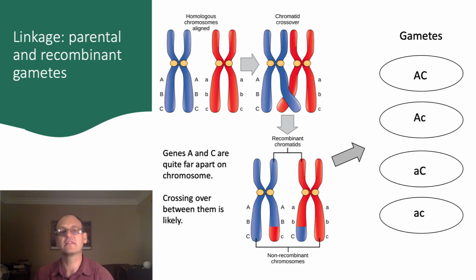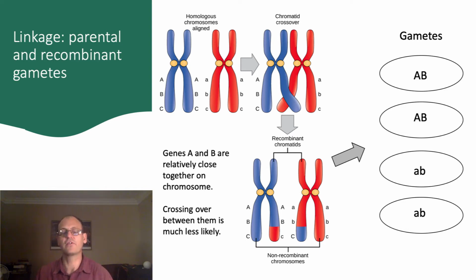Now, let's look at this again. And instead of focusing on the A and C genes, let's look at the A and B genes. Notice that these are closer together along the chromosome. In this particular meiosis, even though there's crossing over, the crossing over does not occur between the A and B genes, and so there are no recombinant gametes produced. All of the gametes are the